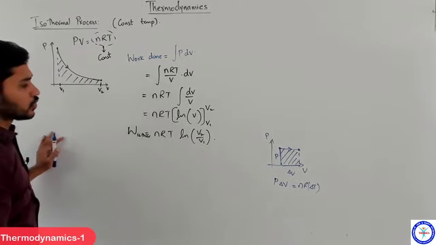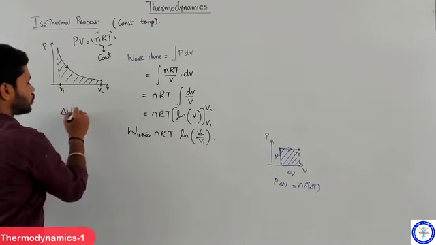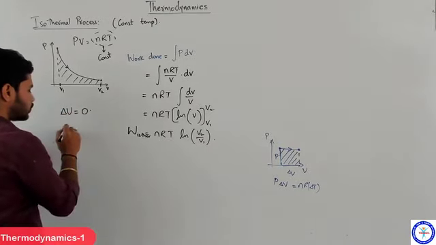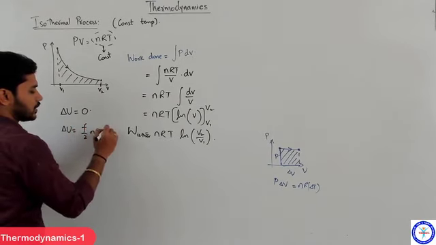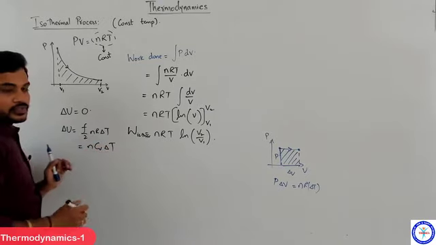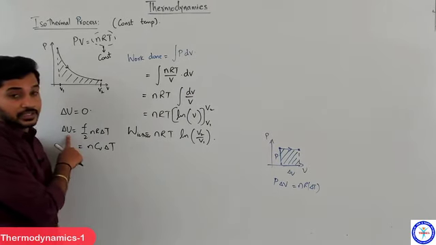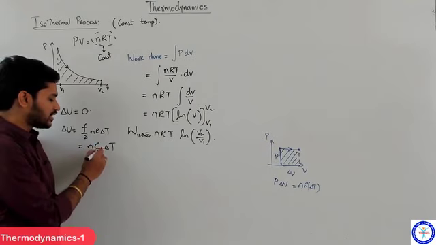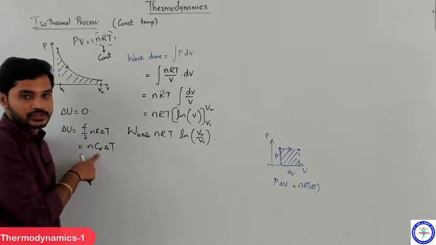Clear? And you know that in an isothermal process, because the temperature is constant, delta U will be 0, because the expression for delta U is always equal to f by 2 nR delta T or nCv delta T. So you can write nCv delta T as the value of delta U for any process, because remember, just because I have written Cv here doesn't mean that it is applicable only for an isochoric process, right?